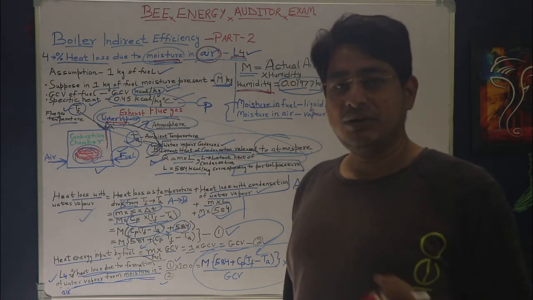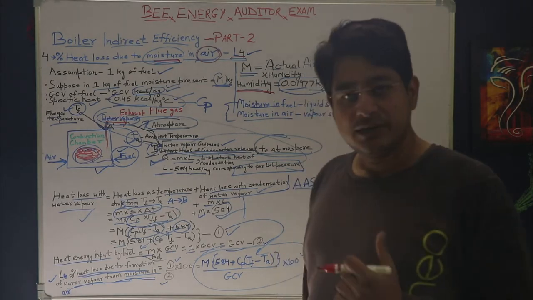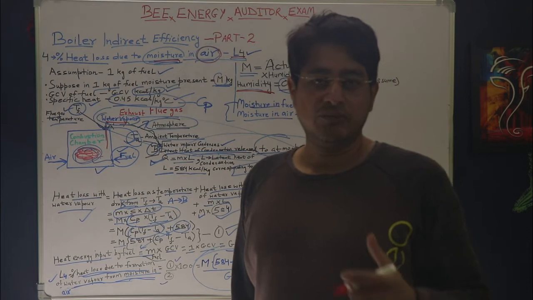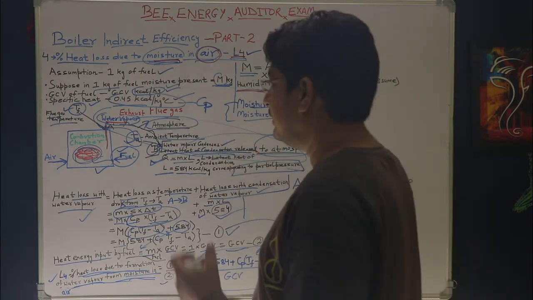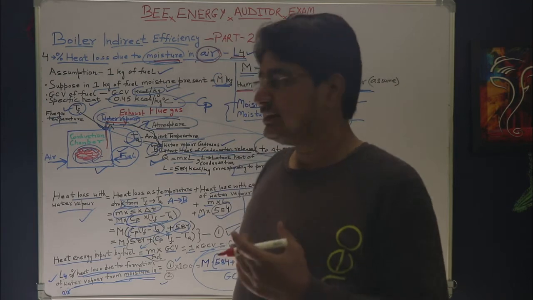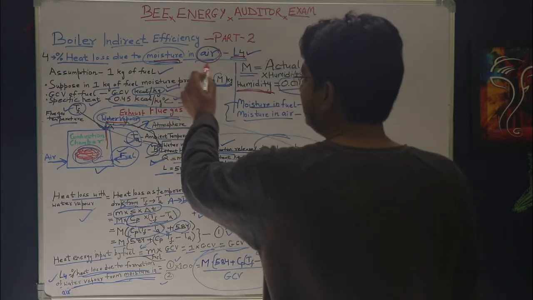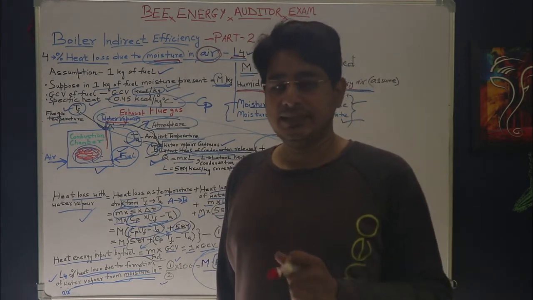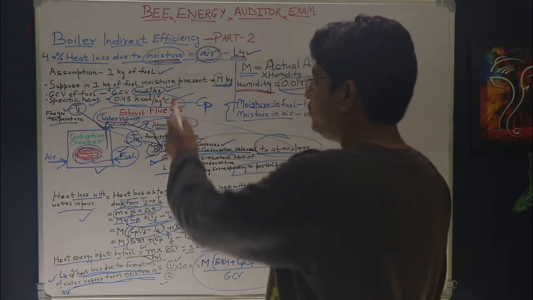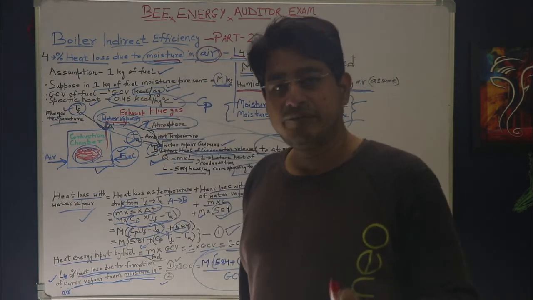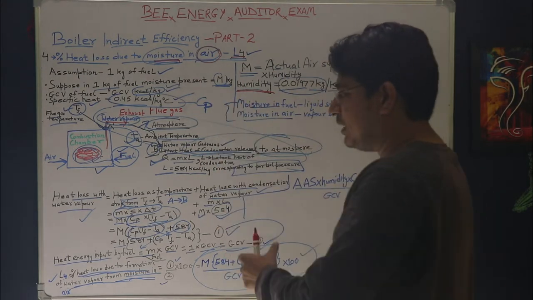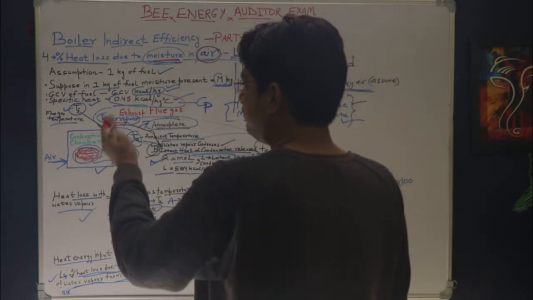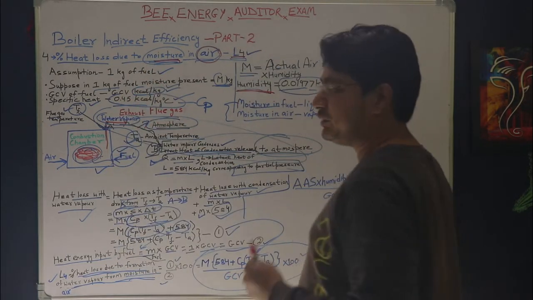In this way you can calculate the value of moisture present in air if you have the value of humidity and the value of air. So this concept is basically the same as I have told you just before. Here I am considering the moisture which is present in air, but in my previous case, that is L3, I assumed the moisture that is present in the fuel. So on the basis of the same concept, I am explaining the heat loss, that is the percentage heat loss due to the moisture present in air.